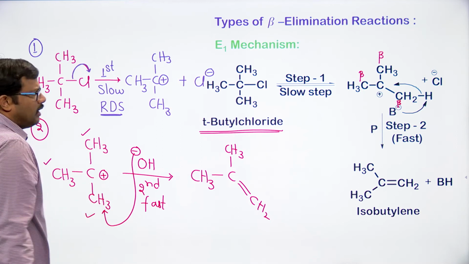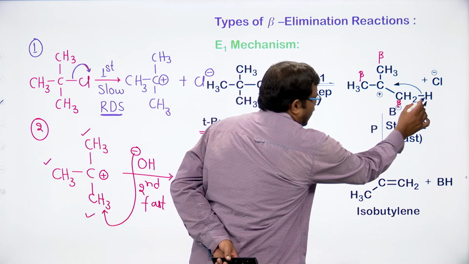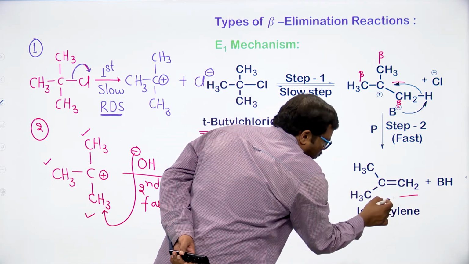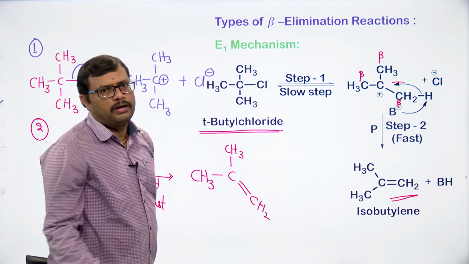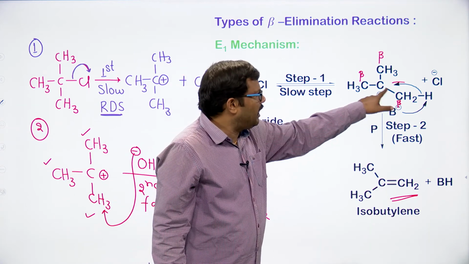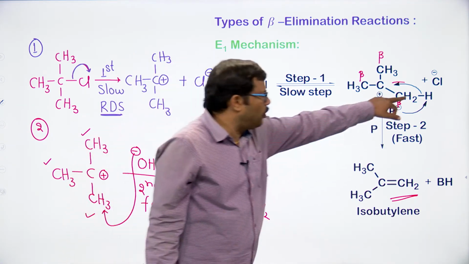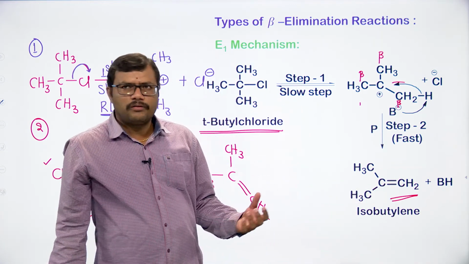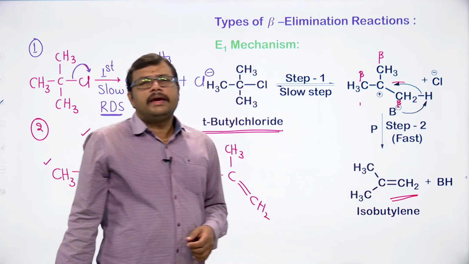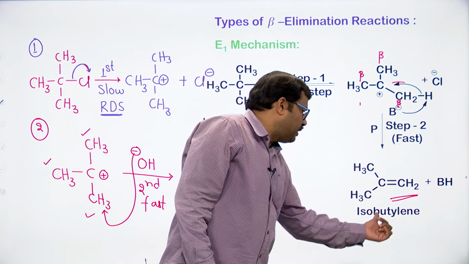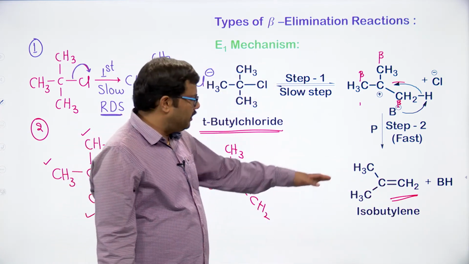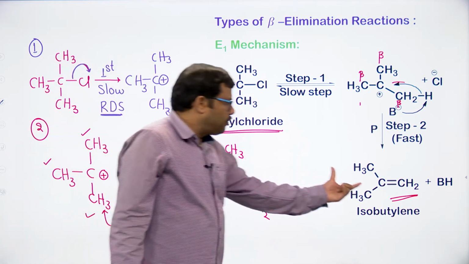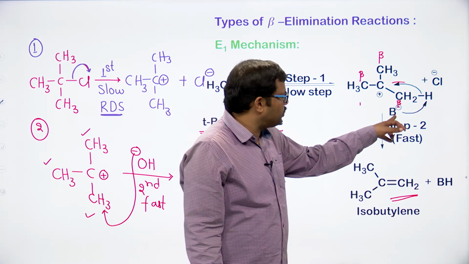Automatically, the carbon and hydrogen bond will go in favor of the carbon and carbon. So, carbon and carbon gets one more bond. So, it becomes a double bond. Initially, the carbon atoms are connected with a single bond. Now, one more bond is coming in between. So, we get a double bond between the two carbon atoms. So, what are we getting? We are getting an alkene as a product. So, alkene is obtained, isobutylene is obtained in this reaction, or it is taken as 2-methyl propene is obtained in this reaction. So, the base is abstracting the proton.